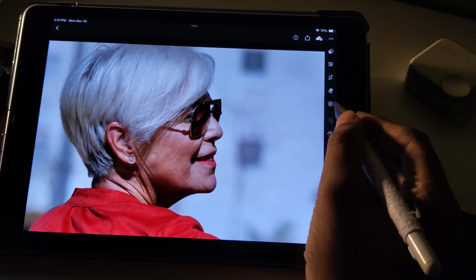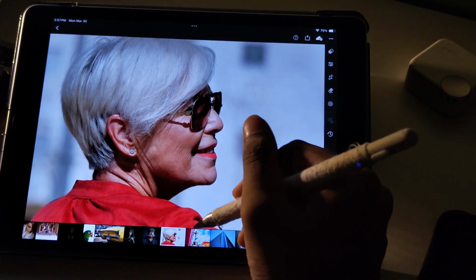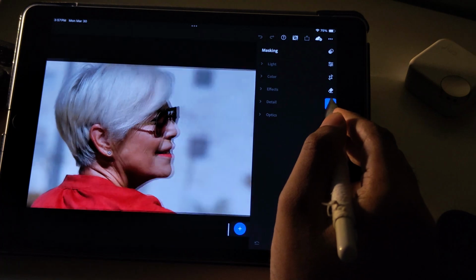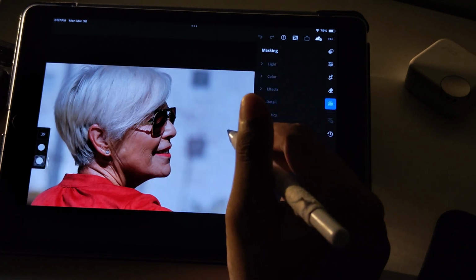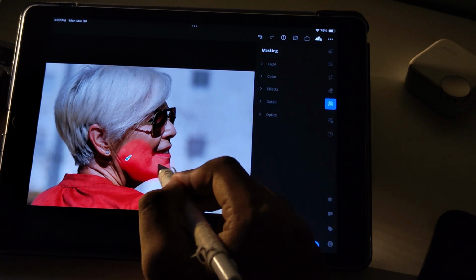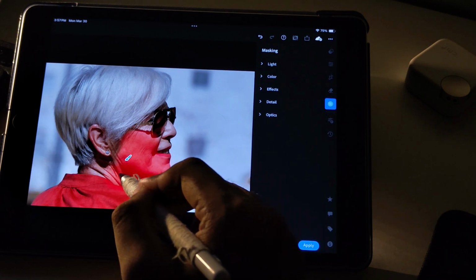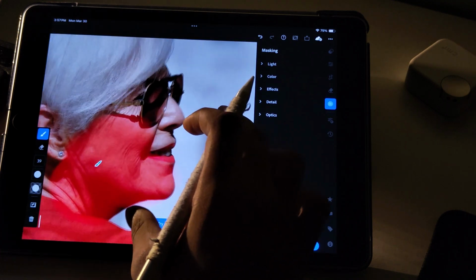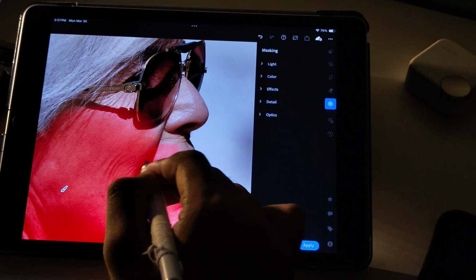Alright, let's get started. First, open your photo in Lightroom Mobile and choose a portrait where you want to smooth the skin. The best way to do this is with masking, because it lets you target only the face or skin without affecting the rest of the image. Tap on Masking, then choose Select Subject or People if Lightroom detects the face automatically. If needed, select Face and Skin for a more precise edit. If the automatic selection isn't perfect, you can also use the Brush tool to manually paint over the skin areas